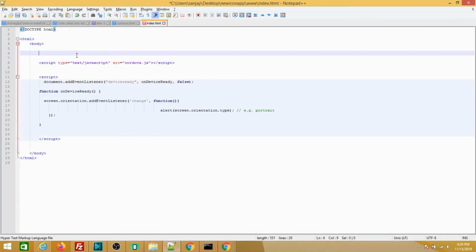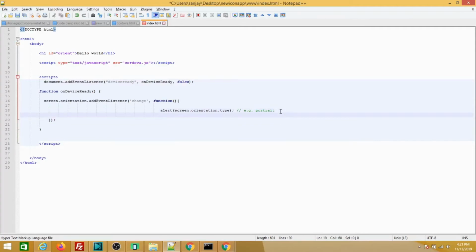So we can maybe have an H1 element. Let's say hello world. Let's give it an ID. ID equal maybe orient. Good. Let's come down here. Let's maybe do if screen.orientation.type is equal to,